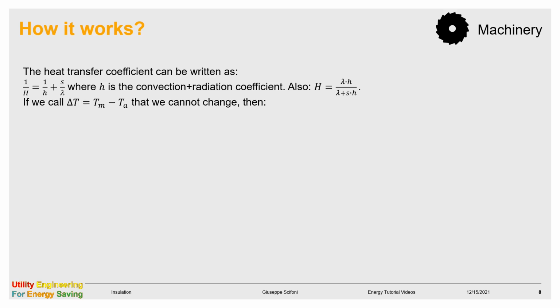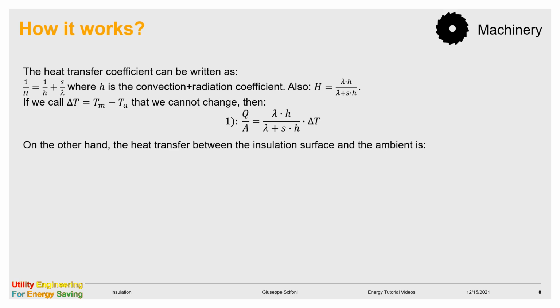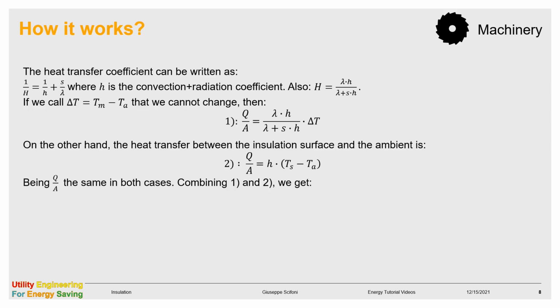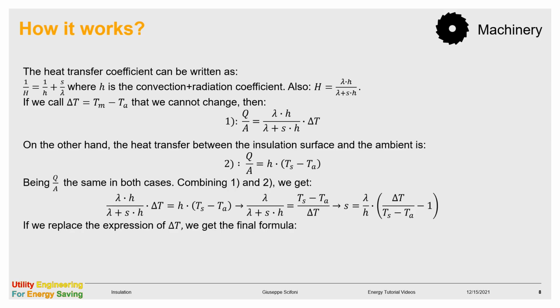For that purpose we need to introduce a new coefficient, small h. The heat loss appears as in formula number 1, where delta T is considered between the machine surface and the ambient. The heat loss only due to convection appears as in formula number 2 instead, where Ts is the temperature of the outer surface of the machine, therefore with insulation, and Ta the temperature of the ambient. Combining both equations, we get an expression in red saying how much the thickness is to achieve a wanted surface